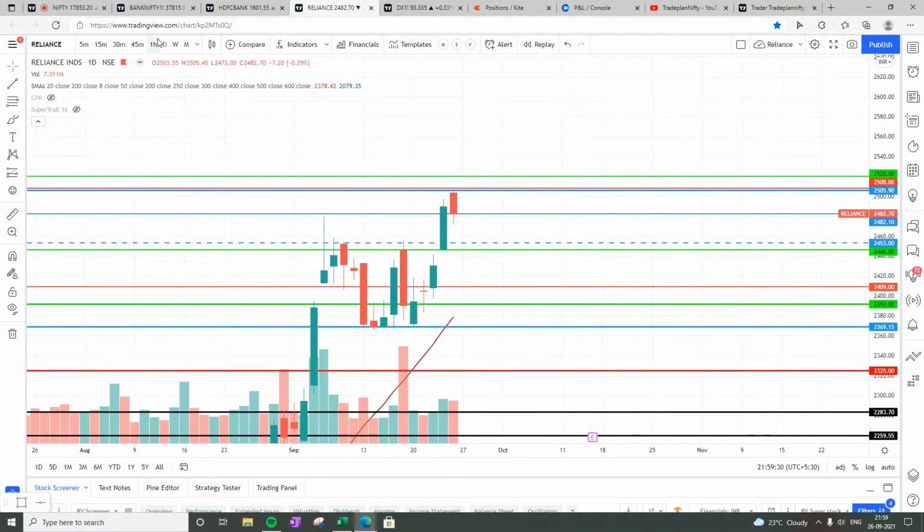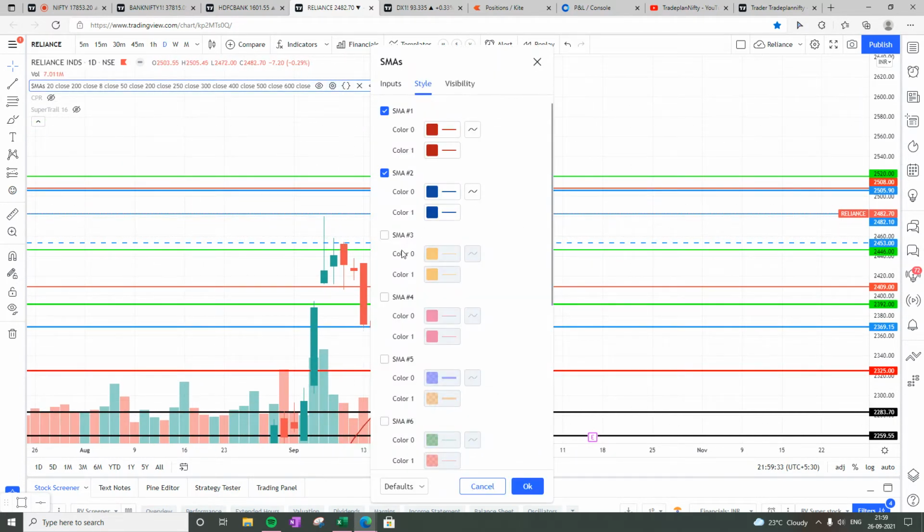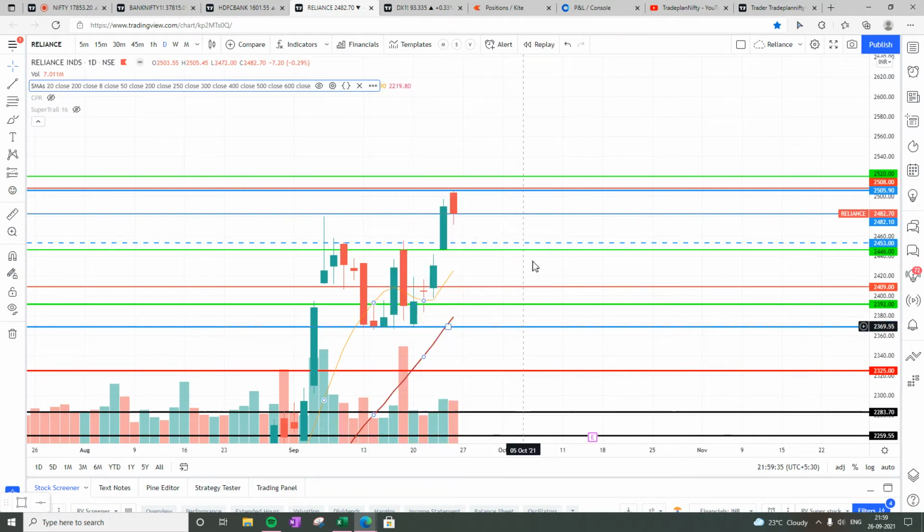Now it will have a resistance at 2520 and support at 2440, and if 2440 is gone, then the next support will come at 2390, which is a 20 bar moving average as well as monthly H4, and the weekly pivot is at 2453. So 2440 will definitely act as a very good support for Reliance, but definitely Reliance is looking in uptrend,